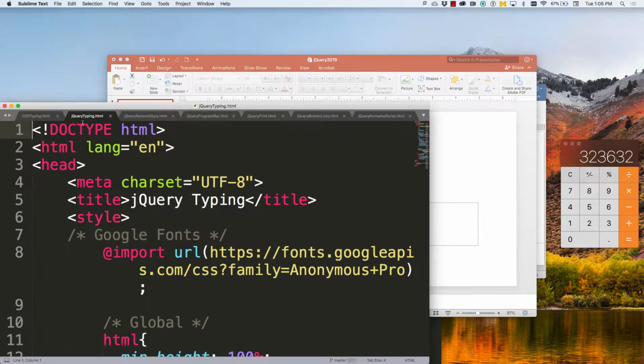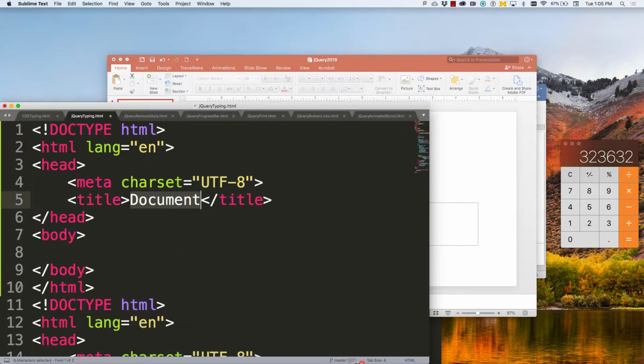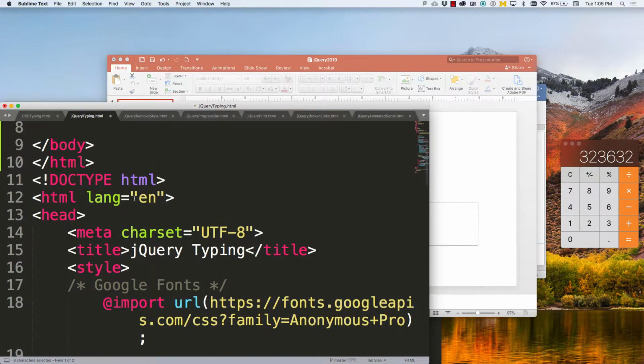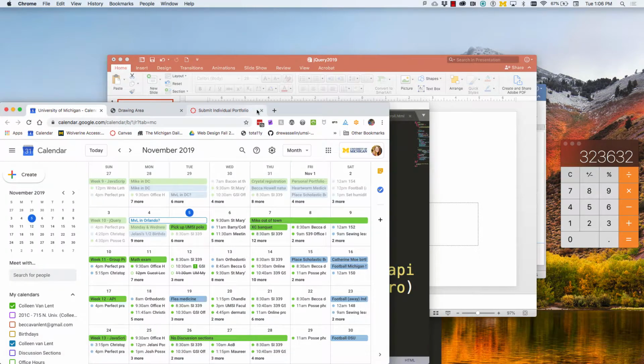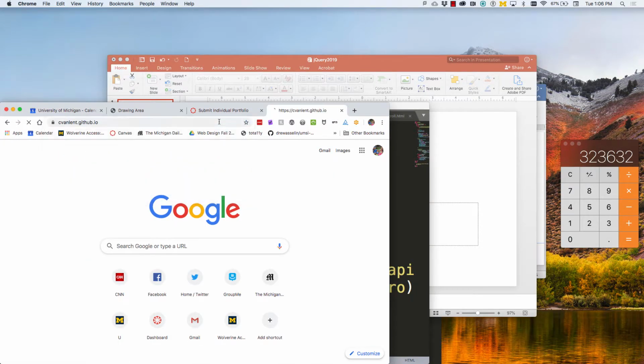let me see if I can find it. Let me just try doing it right here. That doesn't have it on here. It's not exactly right, but